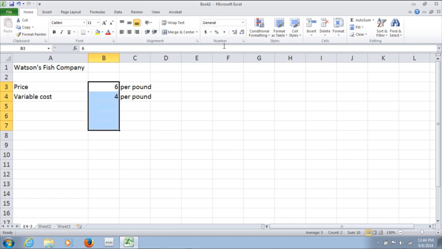We can put this column with our numeric information. So that means that as we examine this, for each pound of salmon that it sells, it clears $2, and